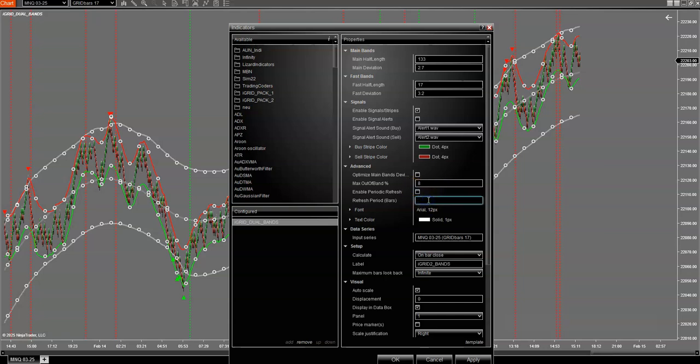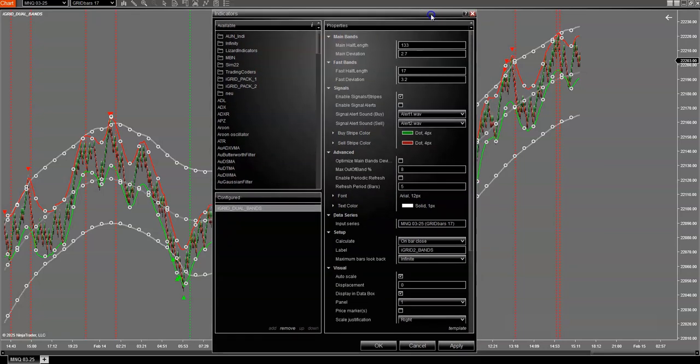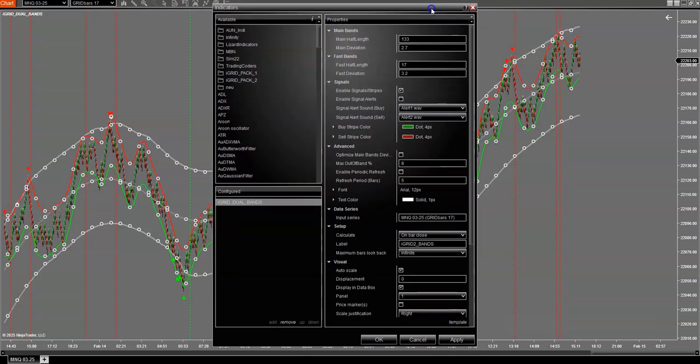But there you go. You've got 1 bar to 10 bars where you can let the bands at a bar close refresh the calculation on the next segment that's a fixed plot. So that's kind of our, I guess you'd call it, patchwork method of getting to what we will have with the endpoint smoothing. The endpoint smoothing is a little complicated because we're trying to push the limit on NinjaTrader graphics, but this is a way that'll get the job done